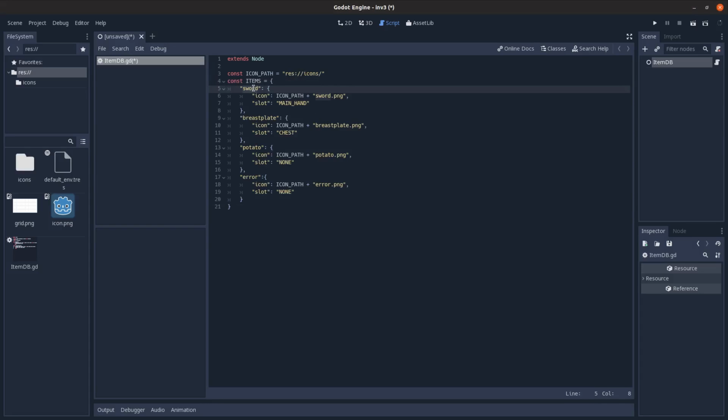The name of the item is its ID, and then that points to a value of a dictionary that has the icon path. So just concatenate the path of the icon folder with its image name, and then the slot that it goes in. And then some will have no slot, and then I have an error image which